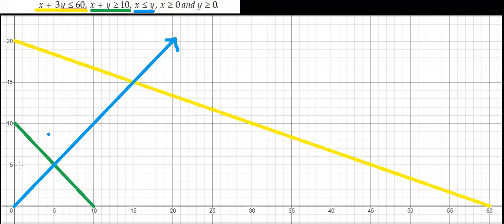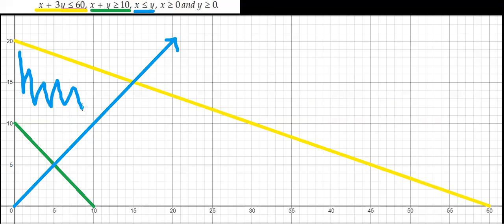I can check whether this 0 comma 5 satisfies this. If x is 0, y is 5, and yes, it indeed satisfies, because 0 is less than or equal to 5. So this 0 comma 5 should be in the region. I have to be above this blue line. And because of these non-negative constraints, I'm already in the first quadrant. So the region that I have, because of all the constraints, is just this region.